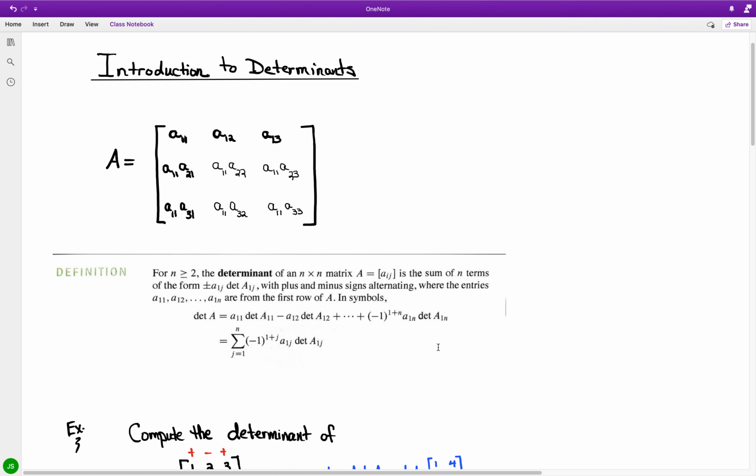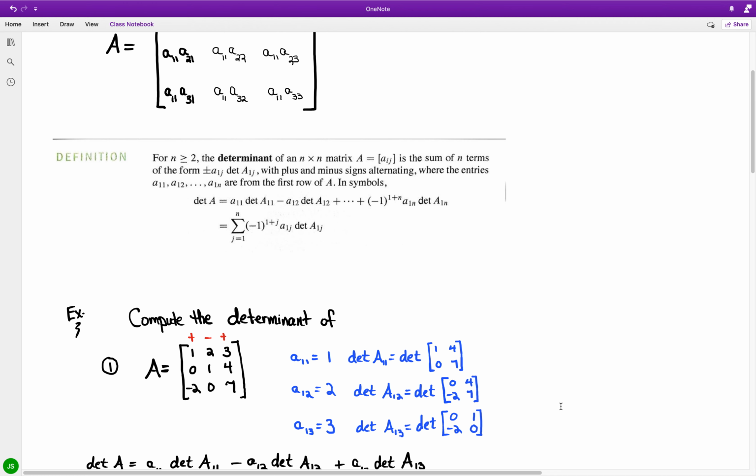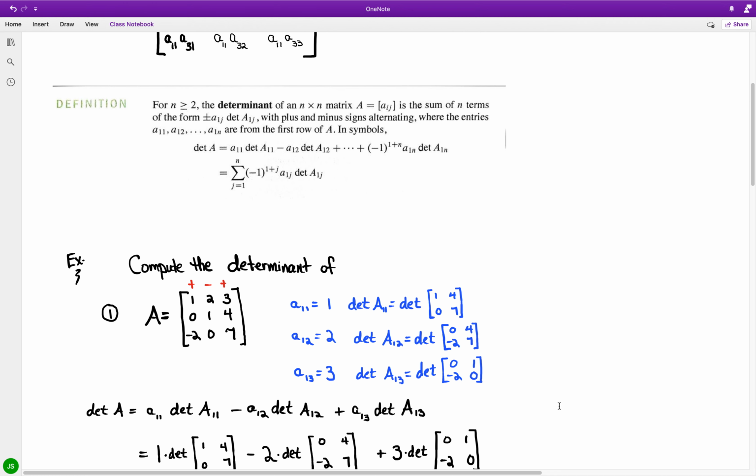And we have the following formula, given in symbols, in compact form: the summation as j goes from 1 to n of negative 1 to the 1 plus j, a1j, determinant of A1j. And just going from the theoretical side to the practical, let's say we have a square matrix, a 3 by 3, and we're looking for the determinant of A, which is equal to 1, 2, 3, 0, 1, 4,